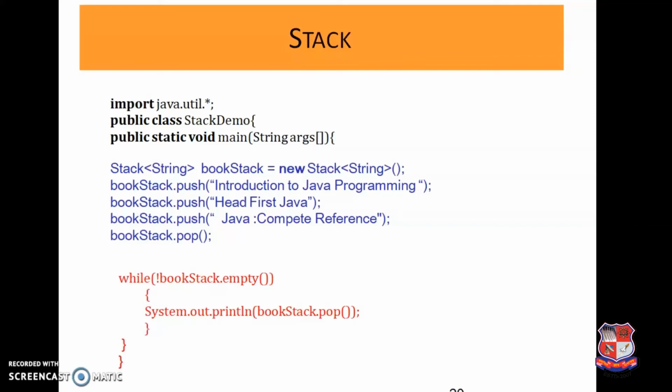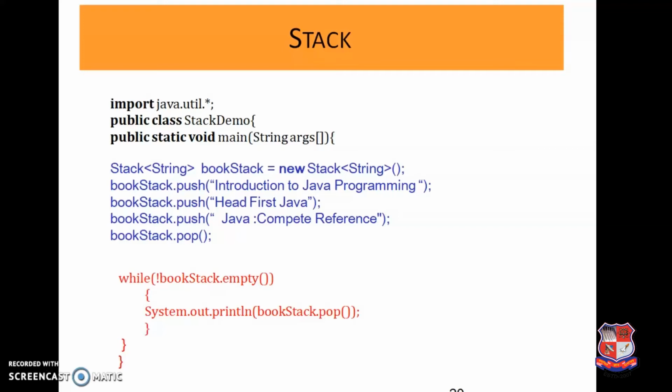Now we'll use the pop operation. So after the pop operation, how many books will remain in the stack? Java Complete Reference will be popped because it stays at the top of the stack. So now you have only two books, Head First Java at the top and Introduction to Java Programming at the bottom.